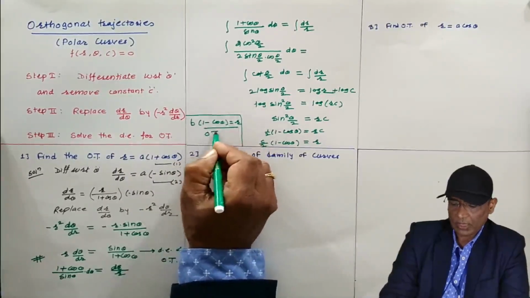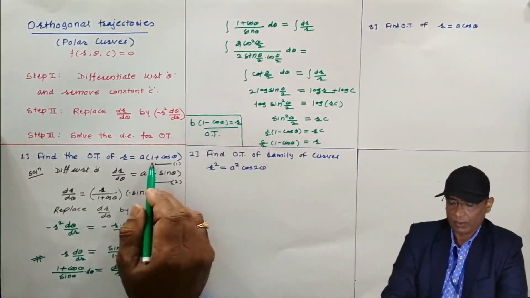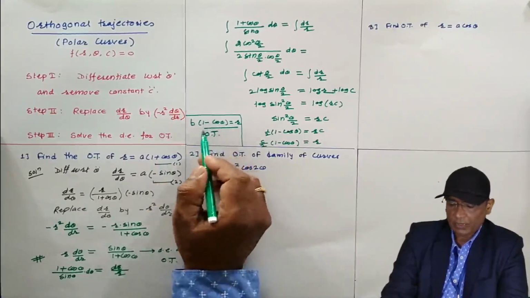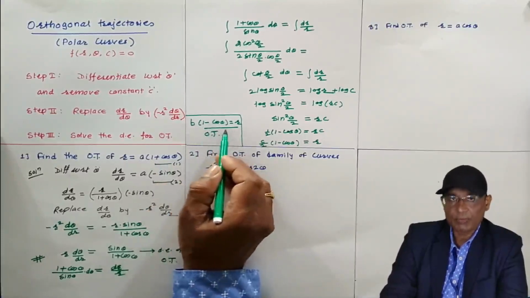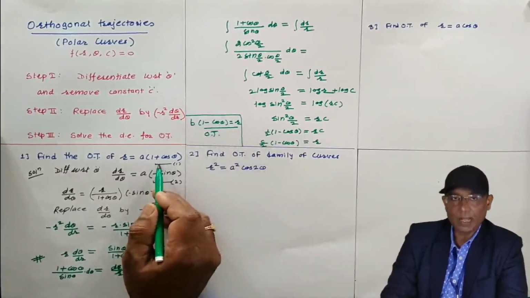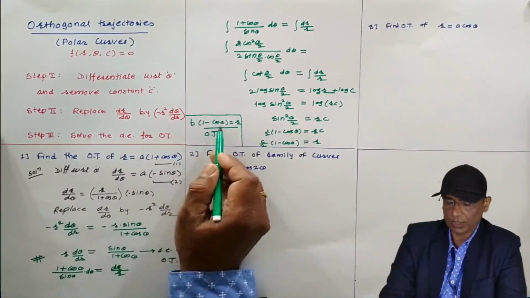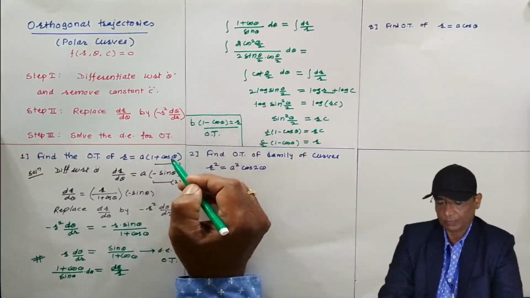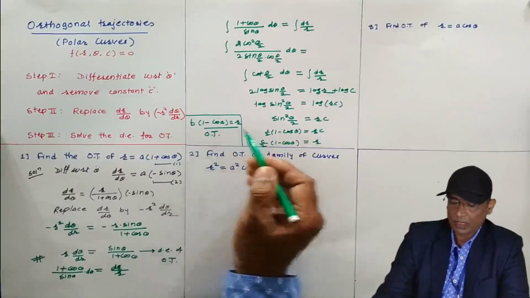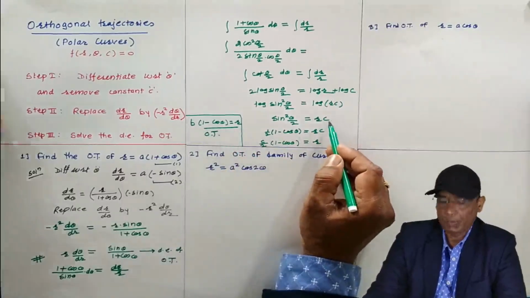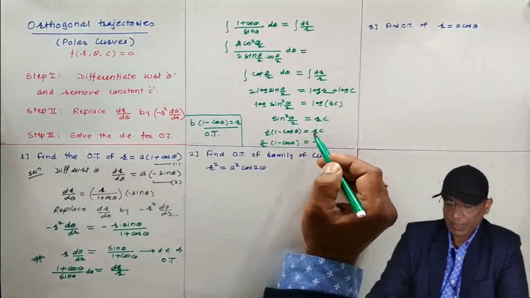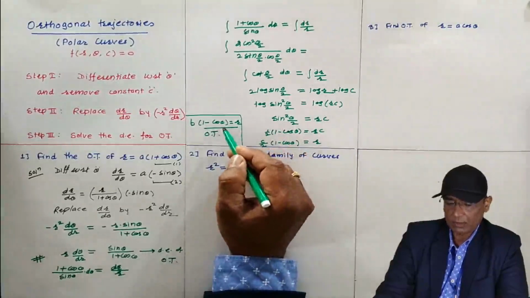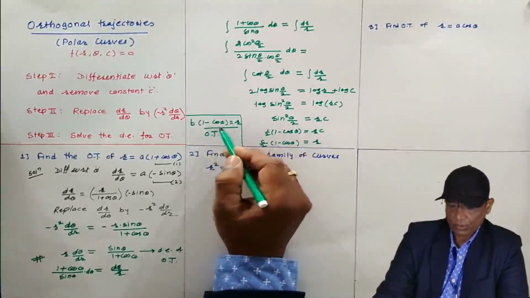So this is the orthogonal trajectory of this curve. Okay, see the difference between this. Here plus is replaced by minus only. So if you find the orthogonal trajectory of this family of curves, you will be getting this. This will be the answer for the orthogonal trajectory of this. This is the orthogonal trajectory of this thing, and this is the orthogonal trajectory of this one. So this is the most simplified answer. You can keep up to this also. But when an MCQ is given, the MCQ may be given in a more simplified form. Therefore, I have extended the solution up to this time. So this is the orthogonal trajectory of this.